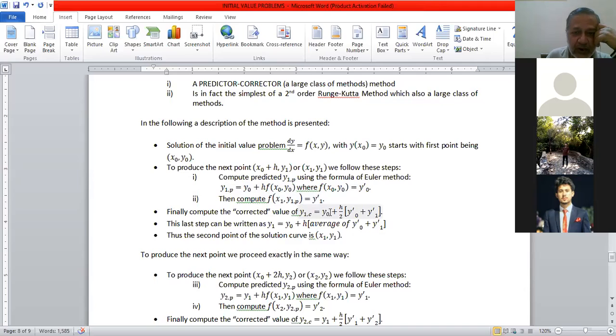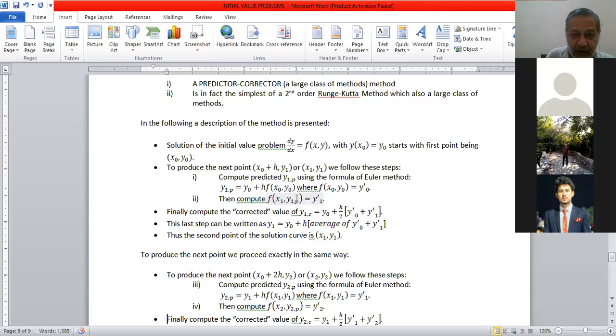So we use what? Another step of Euler's method, y naught plus h multiplied by पहले हमने सिर्फ डेरिवेटिव वैल्यू ली थी, अब हमारे पास एक डेरिवेटिव वैल्यू एट x naught available है और एक डेरिवेटिव वैल्यू एट x1 available है, where y is a predicted value. So what we do in this step is that to have a corrected value of y naught में एक दफा फिर कुछ ऐड करें, and that is h times the average value of y prime at x naught and y prime at x1,